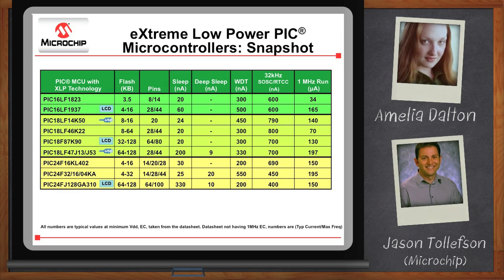And the thing to point out here really is we have products from 8 pins all the way up to 100 pins in the family. And from just a few K of flash, for simple applications, all the way up to 128K of flash. So we have a wide variety here. But what you can see from the sleep numbers and from the active current numbers is that they're all very low current. And going forward, what I'd like to do, if it's okay with you, Amelia, is to focus on our